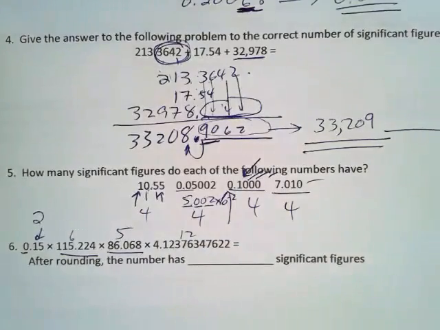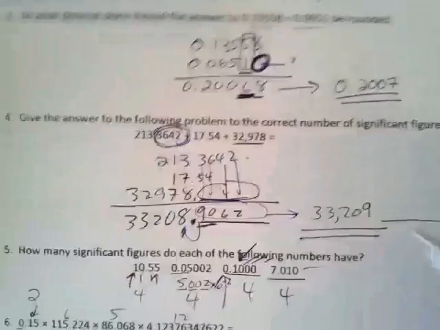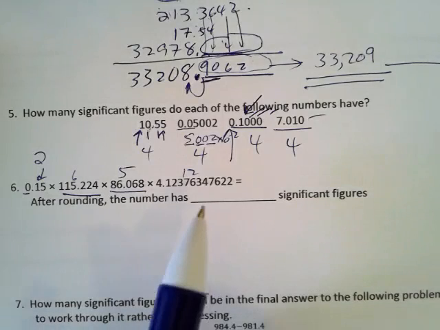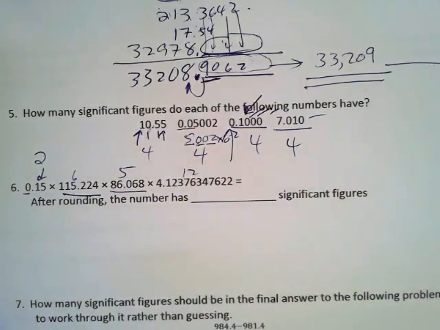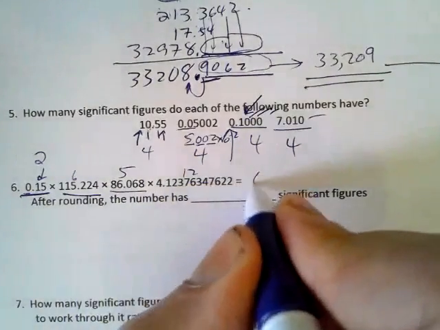12 sig figs. Okay. Now, the rule for multiplication and division is different than the rule for addition and subtraction. In addition and subtraction, we look at the last decimal place that is known in common. In multiplication and division, we say we're going to round the answer to the least number of significant figures of all of these values. So the least number of significant figures here is 2. So when we take our calculator and multiply this by this, by this, by this, by this, we get